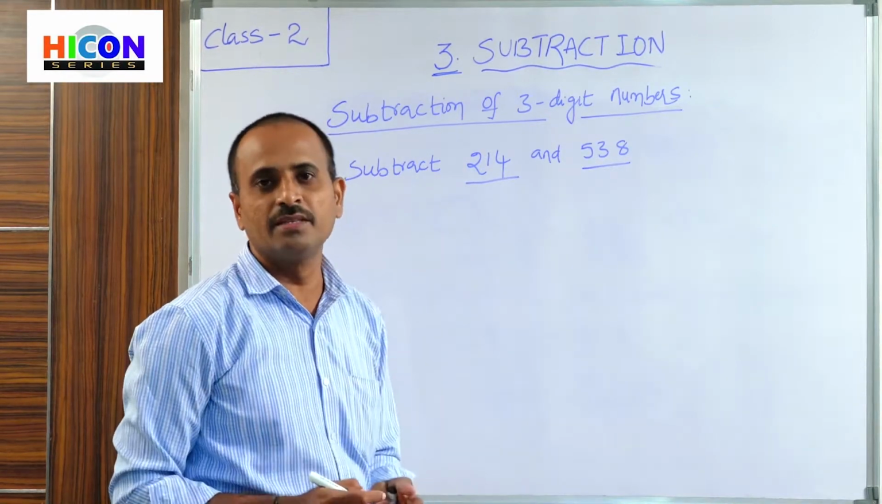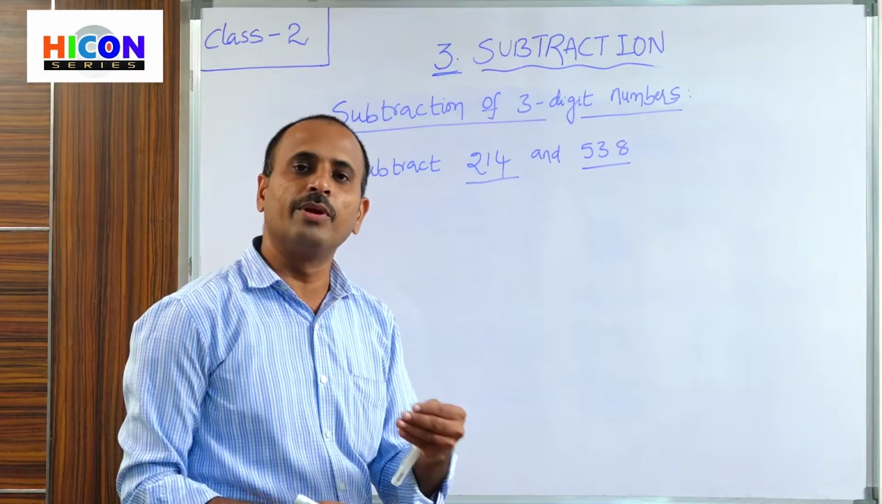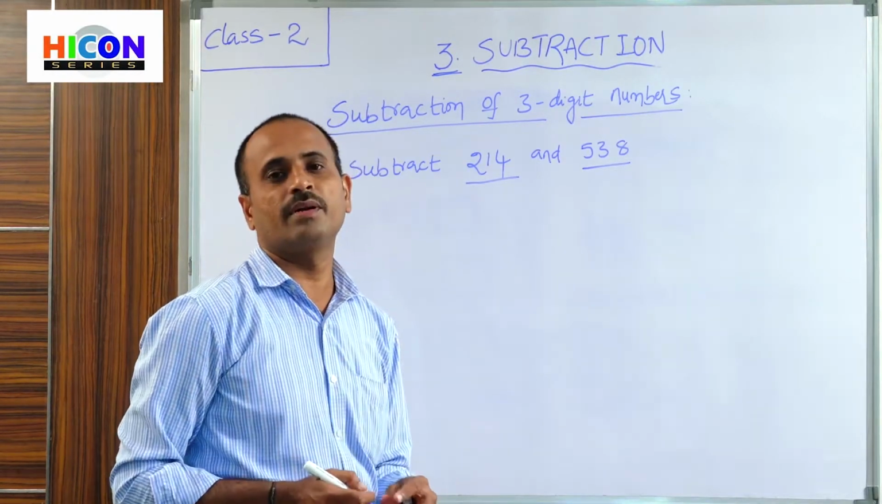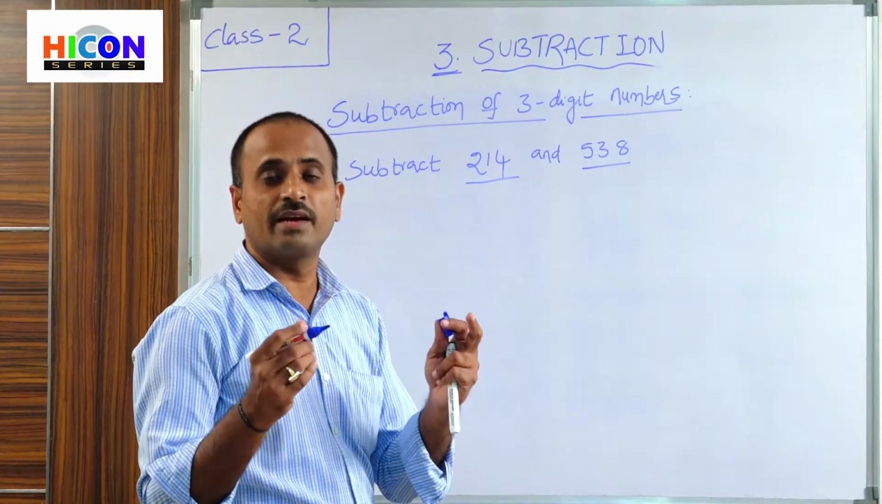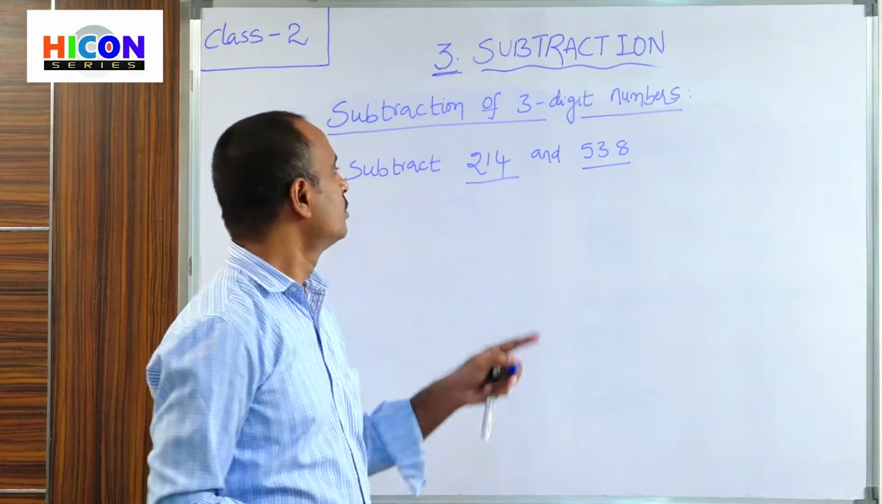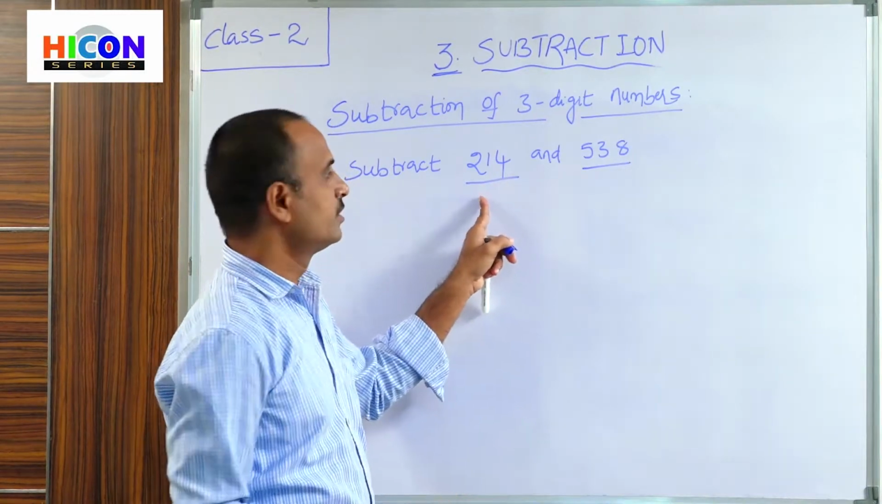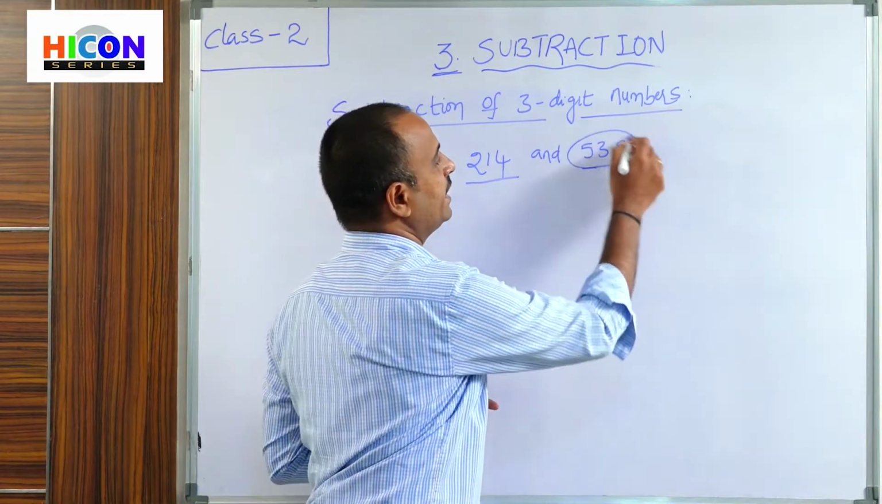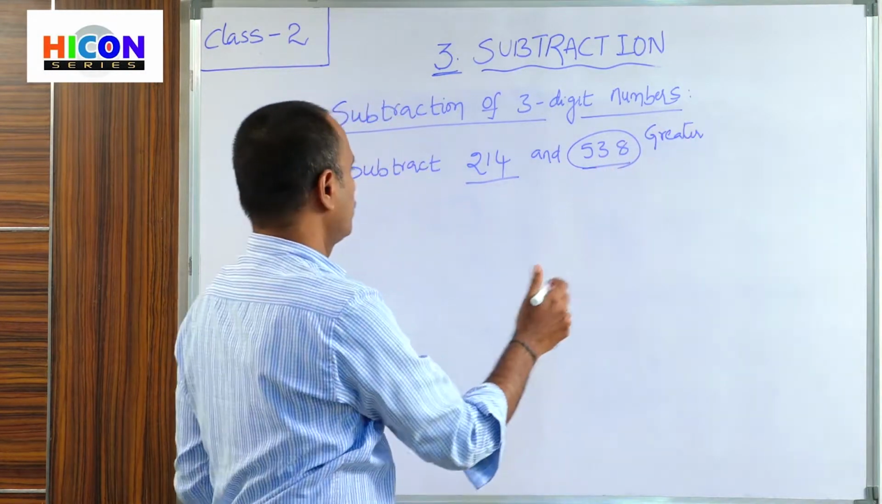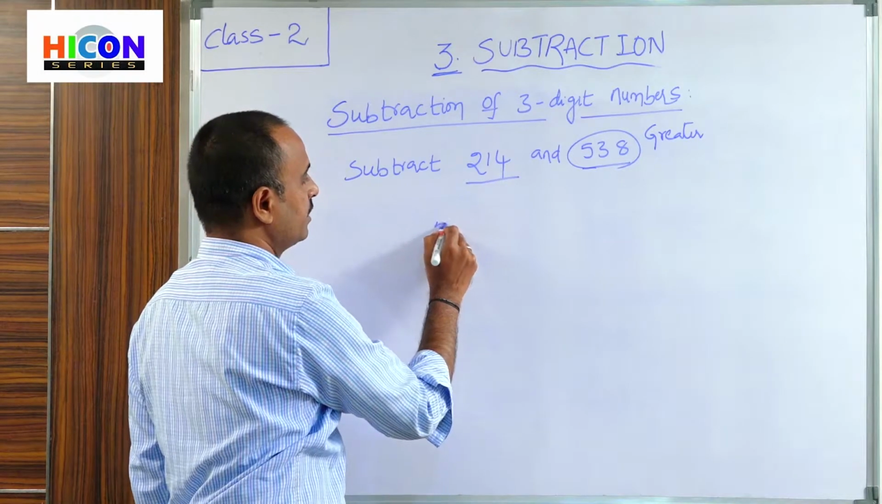The first step is to write one number below another number. So how can we do that? First we have to write the greater number, then write the smaller number below the greater number. Which one is greater? Here 538 is greater. So write the greater number first, that is